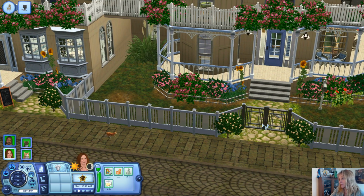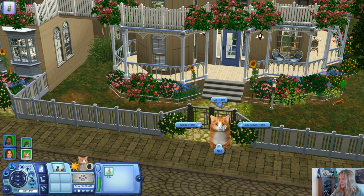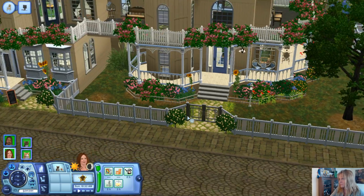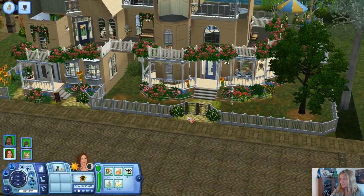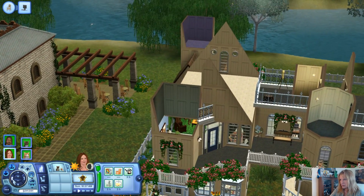Now we have to unlock this for pets because we have to get the kitty in the house. You need to get home, darling. That's right, you cute little beastie. Oh, what a clever little kitty. No, we want you to lock things up. Lock it against the pets, please. There you go. So if they can't come out that door,